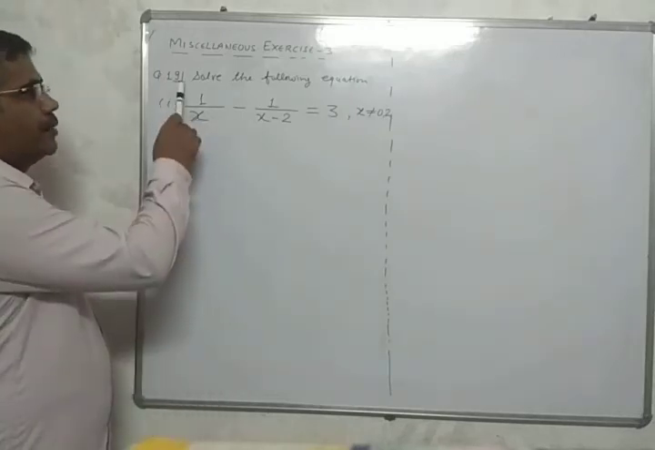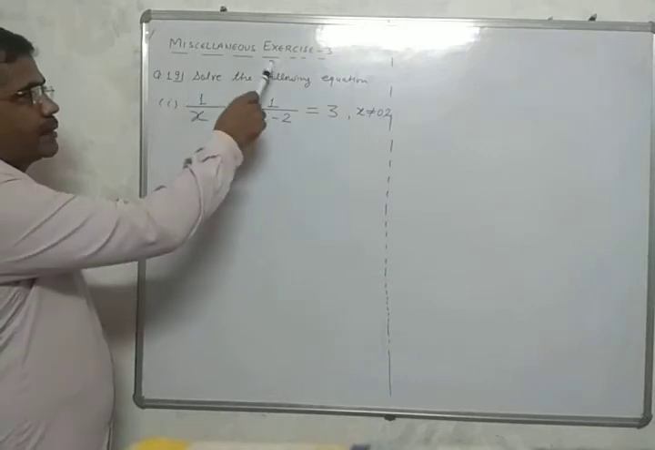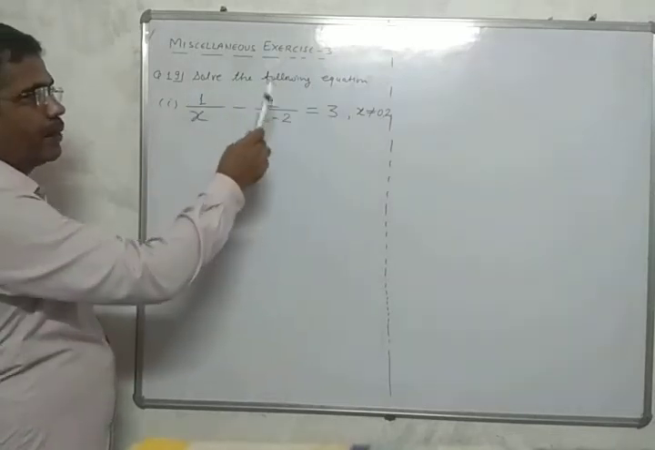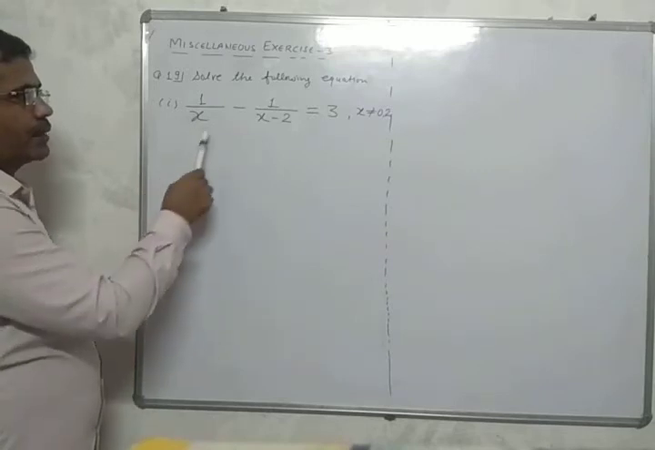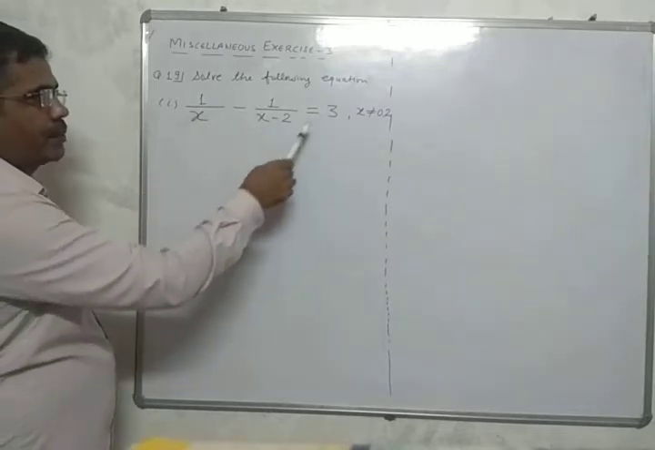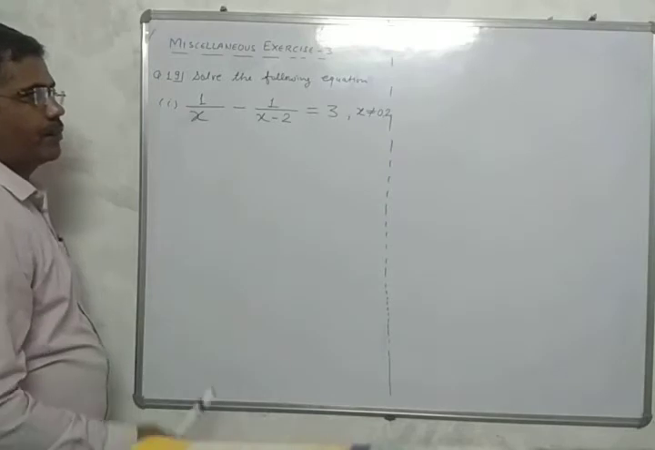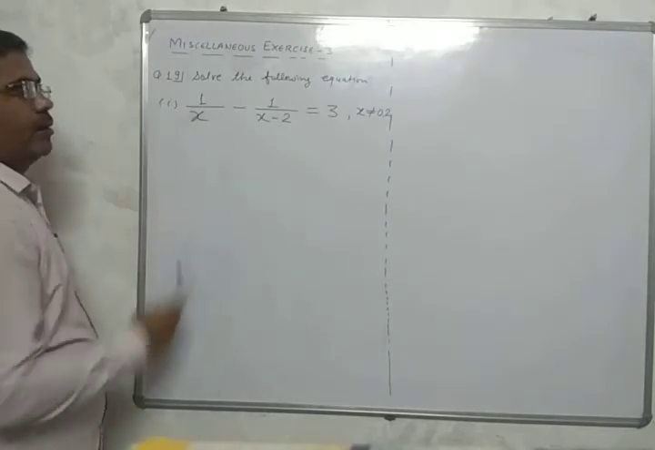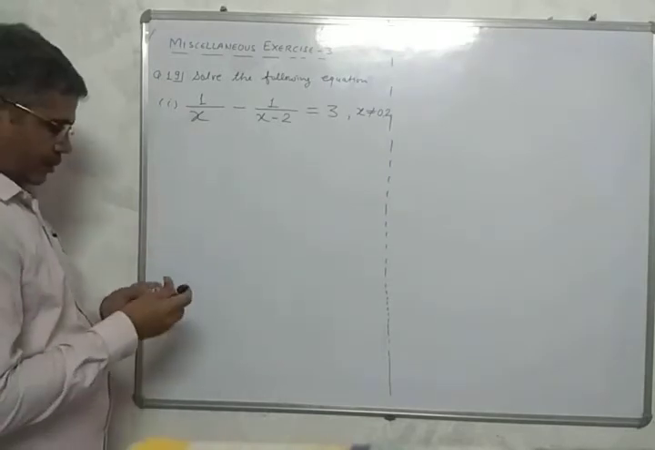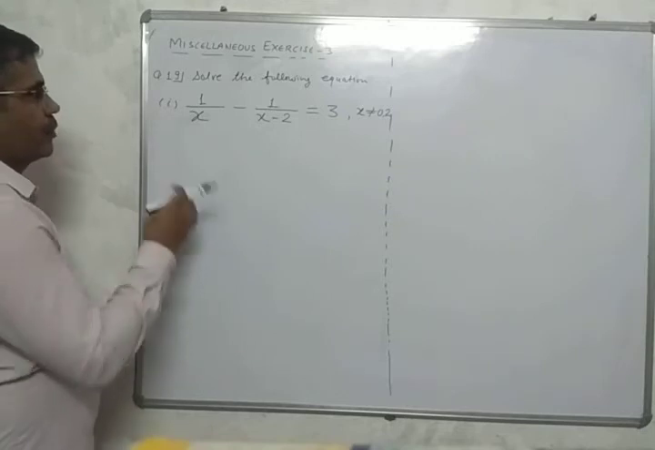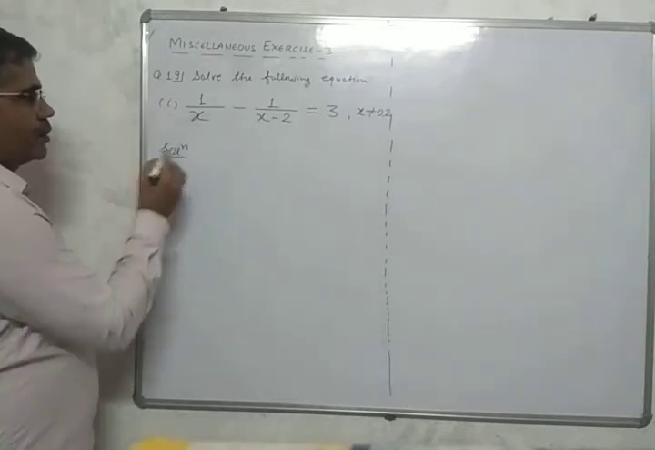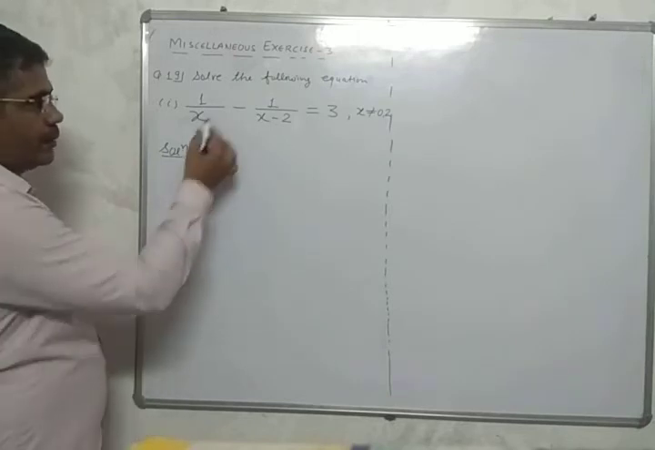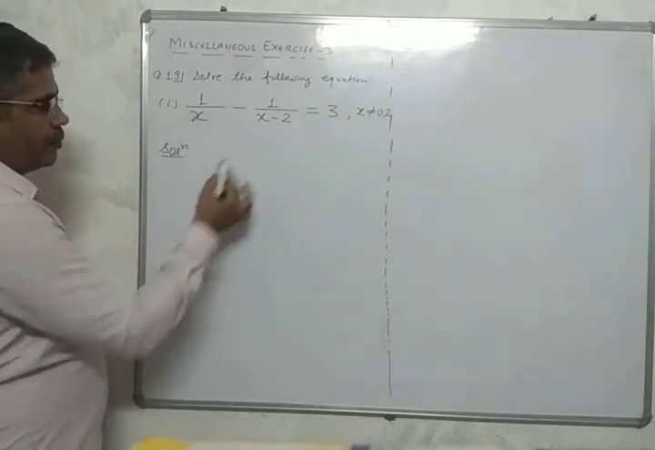Question number 19, miscellaneous exercise 3. Solve the following equation. First part, 1 upon x minus 1 upon x minus 2 equals to 3. Solution. We first take LCM of